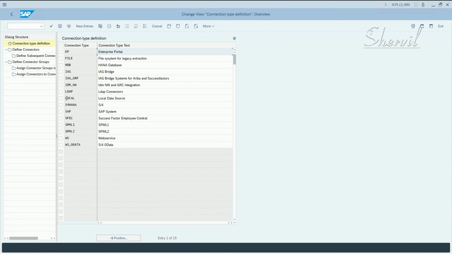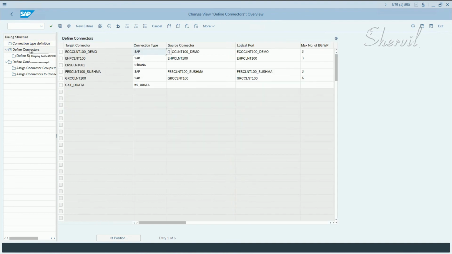In our case, it's already done. So select SAP, because we are implementing for connection type SAP. Define connectors, double click on that, and your target connector entry has to be here, which in our case is there.